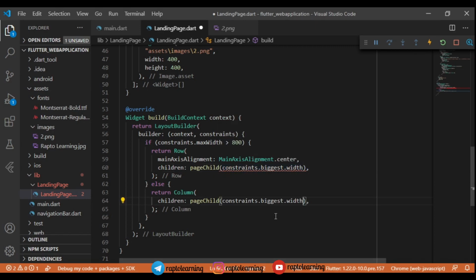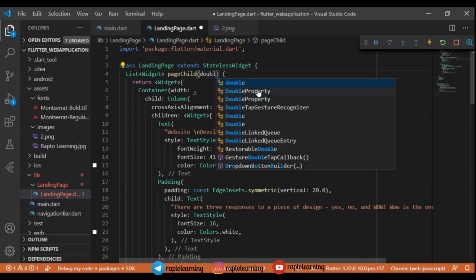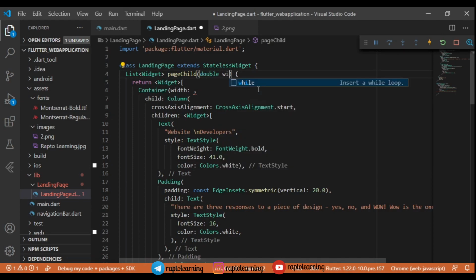In the weight, the constraints.maxWidth, yes, everything is fine. There is no variable assigned in the list, the upper column that will give weight. So for a big screen it will be half, and for a small screen it will be full, right? Why full and half, you will get to know in just a minute.